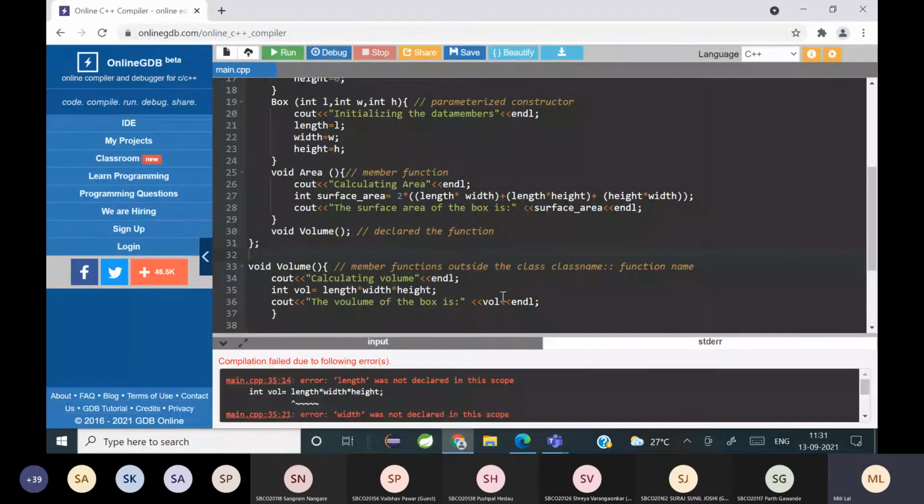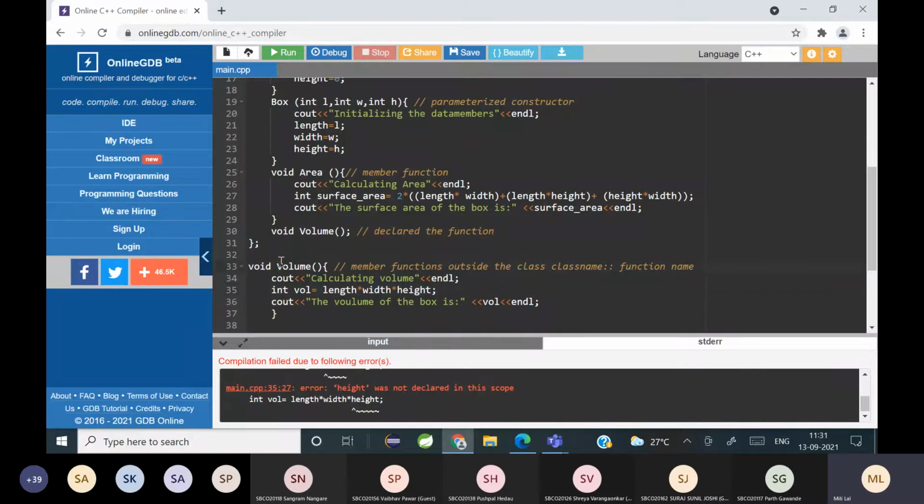See, you can see length is not declared, height is not declared, because volume now behaves like an ordinary function which doesn't belong to any class. And in that case, the compiler will ask what is this length, what is this height and width.